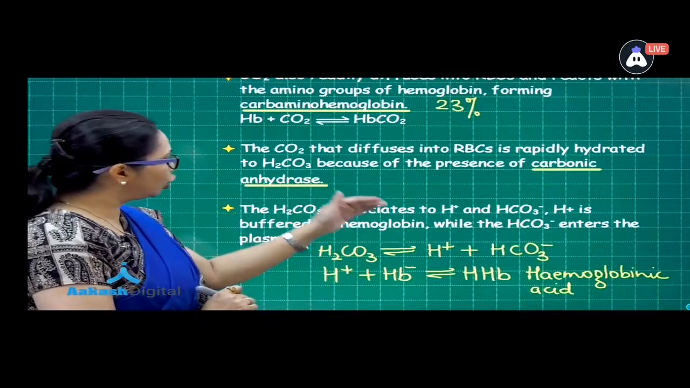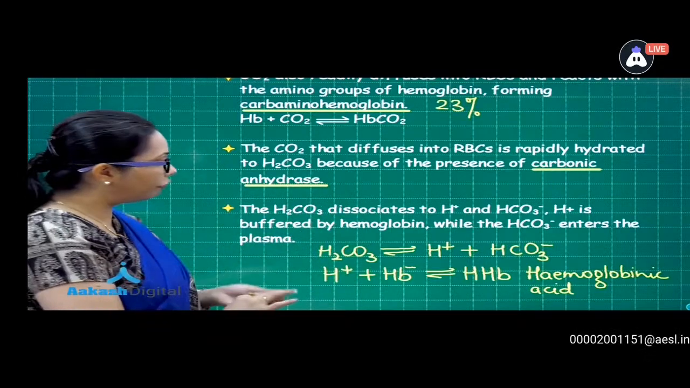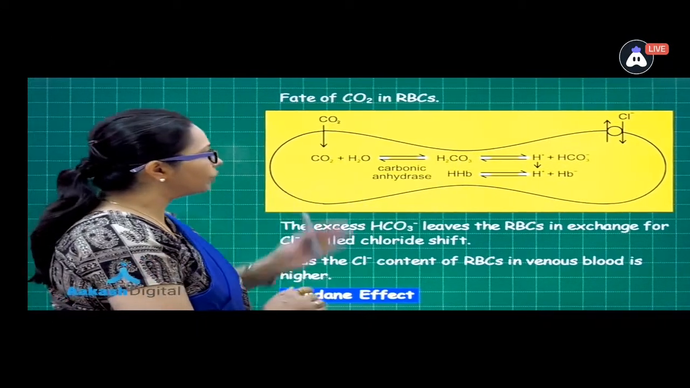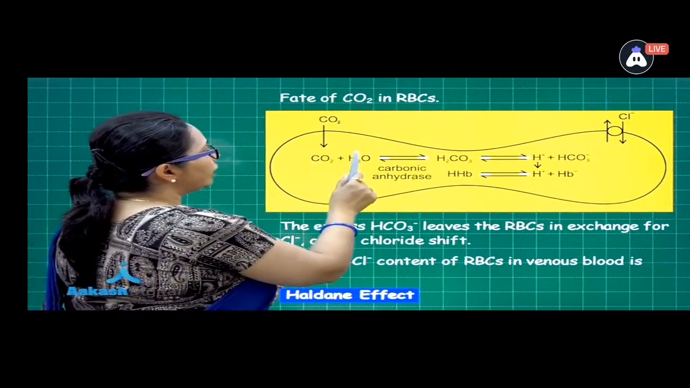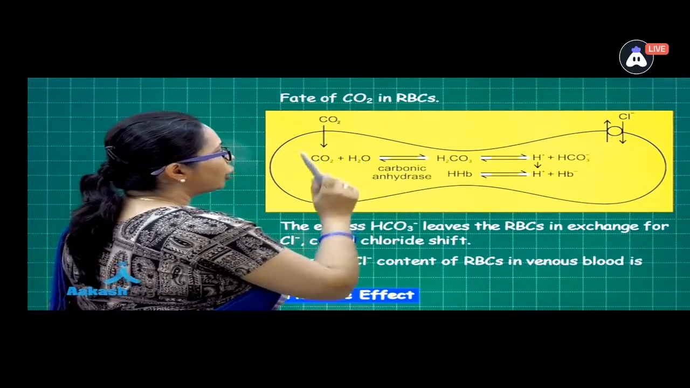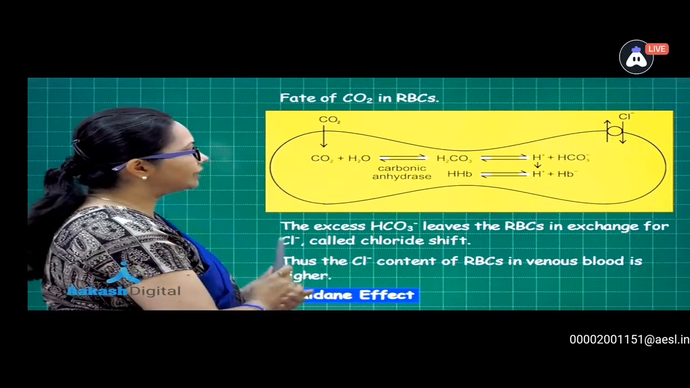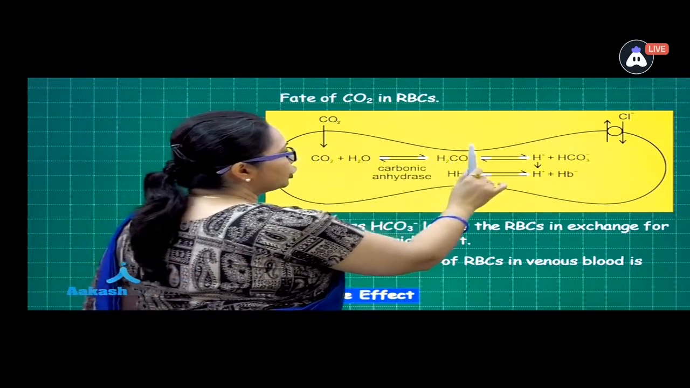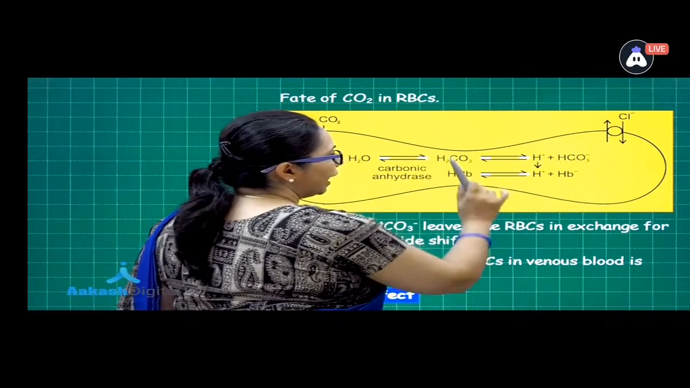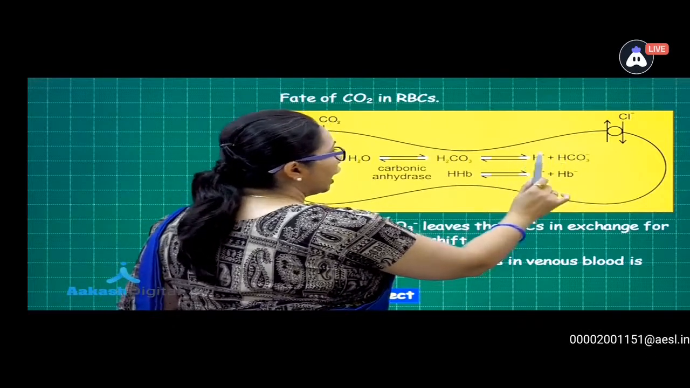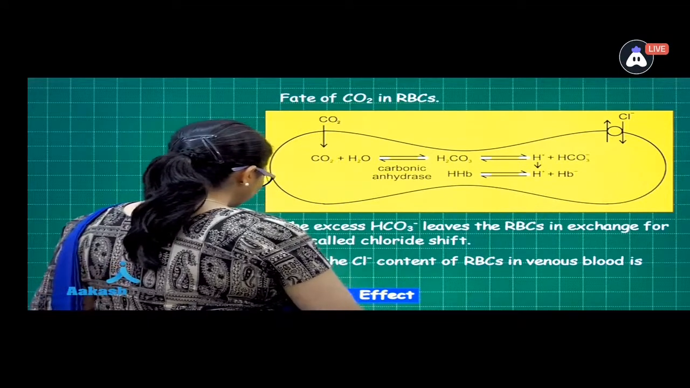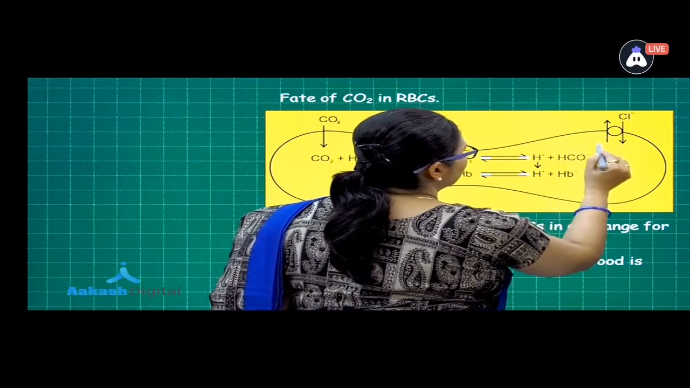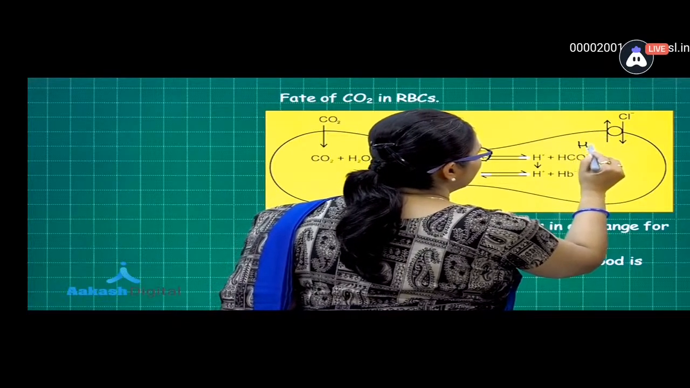Now let us look at all these equations where they are occurring. So here we can see an RBC, in which carbon dioxide plus water, by the action of carbonic anhydrase, a very fast acting enzyme, forms carbonic acid, H2CO3, which soon dissociates into H plus and bicarbonate. Now this bicarbonate diffuses out into the plasma,